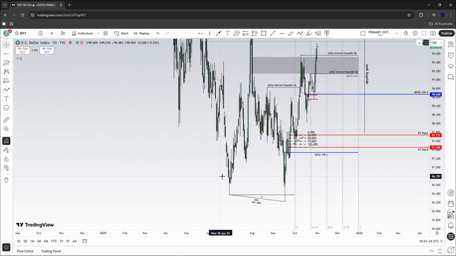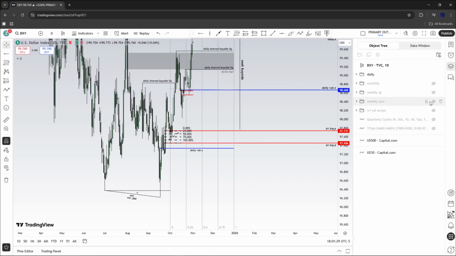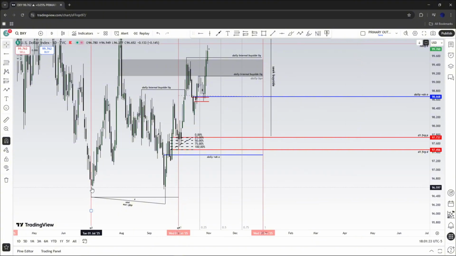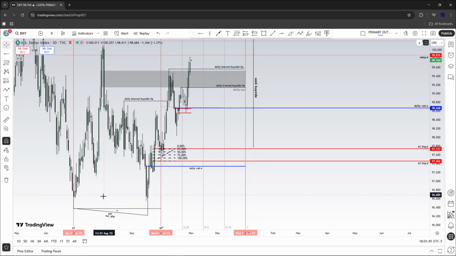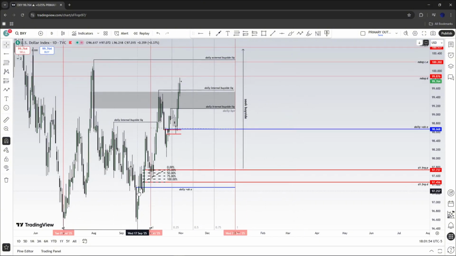Something to pay attention to was the SMT, which we had at the lows. The SMT, which we had at the Q2 lows, they failed to sweep, or failed to trade lower than the Q2 lows, which was the specific low between Q2 and Q3. And then we saw an impulse movement towards the upside inside of this little consolidation range which we were trading inside of. This was late Q3, early Q4.